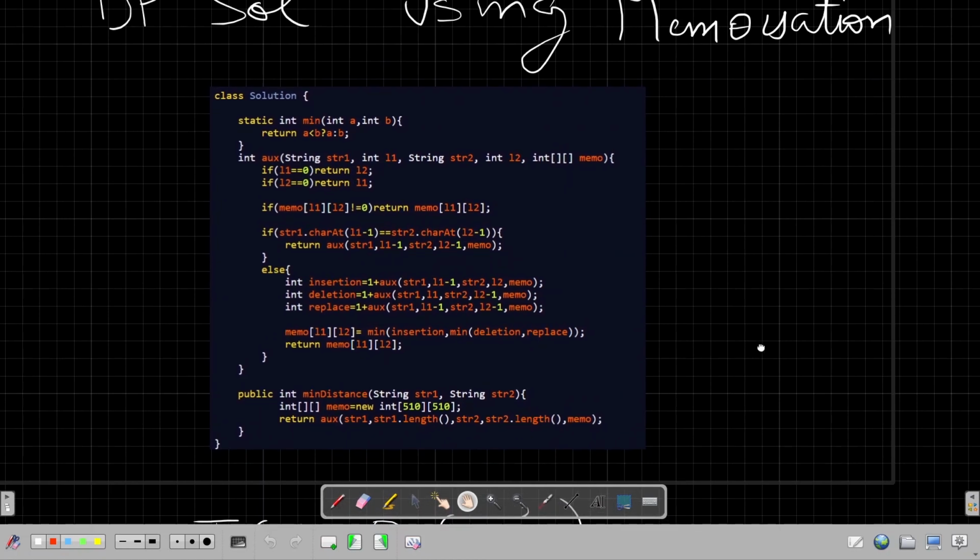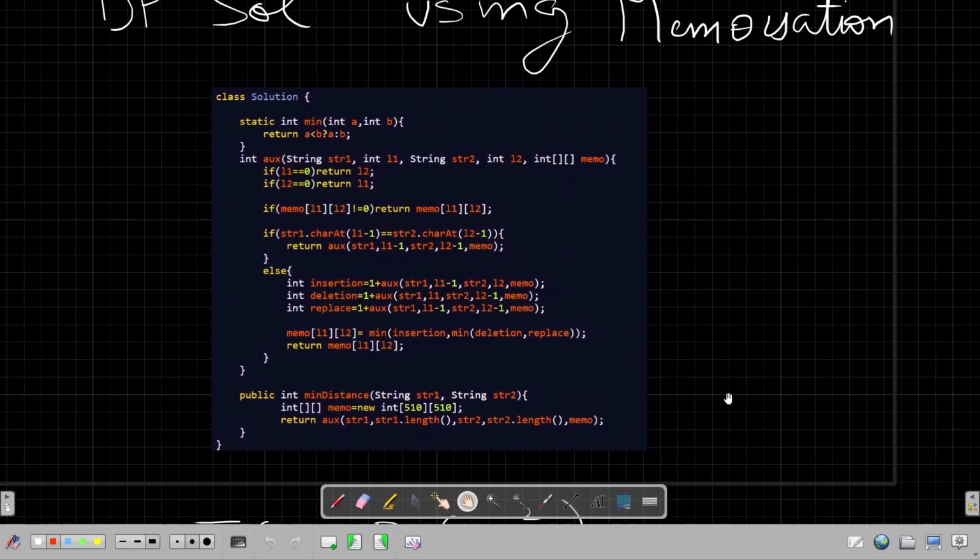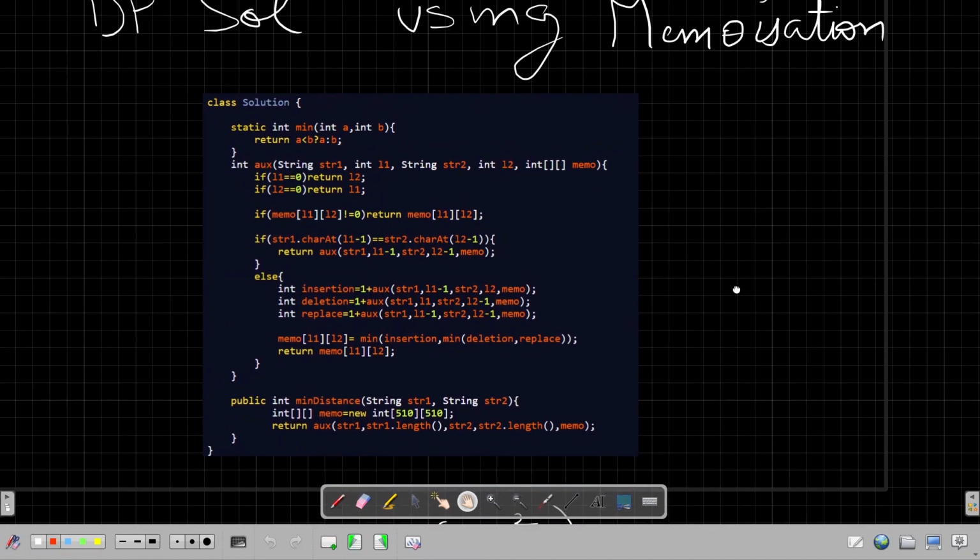If the value already computed exists in that table, I'll refer to that table and directly return that value. And if the lookup table does not contain that particular value, I'll compute that and store it in the lookup table. This is the concept of dynamic programming.